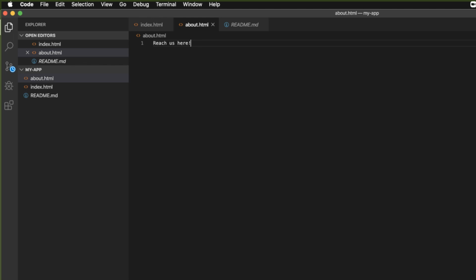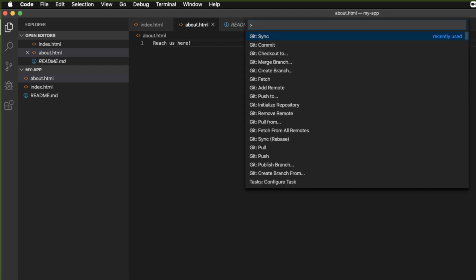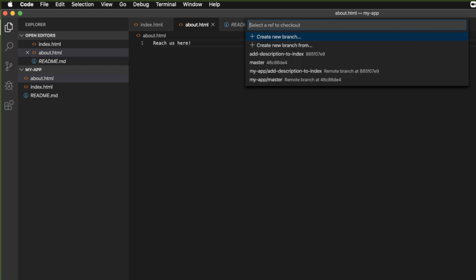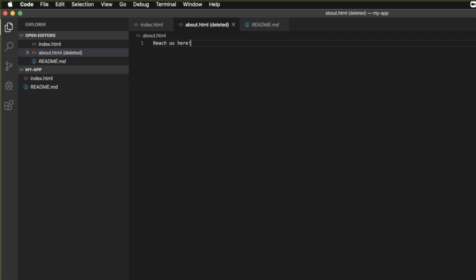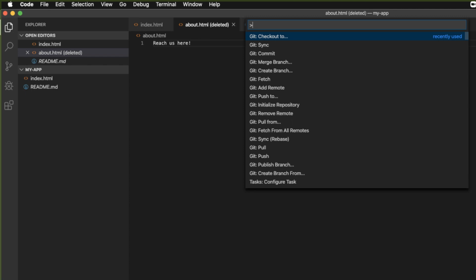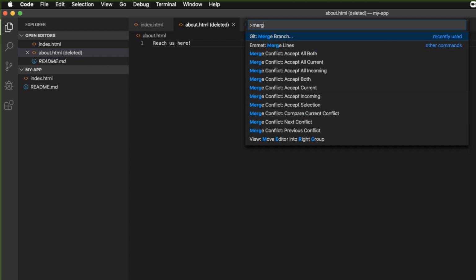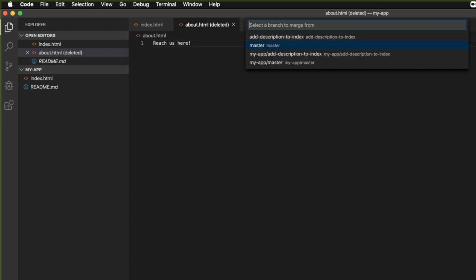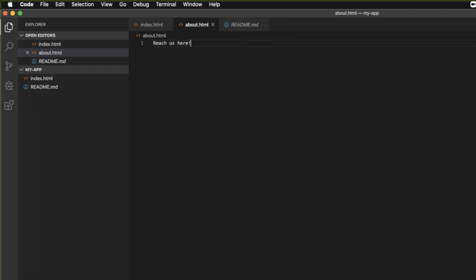So I've done all of that without having to go clicking around all over the user interface to get that up to date. And remember, I can also do Control Shift P and Checkout to choose the master, and then I can do Control Shift P again to merge that branch that I was just working on into the master. And so now that about.html is in the master branch. So as you can see, I can do a whole lot of work here just with these Control Shift P